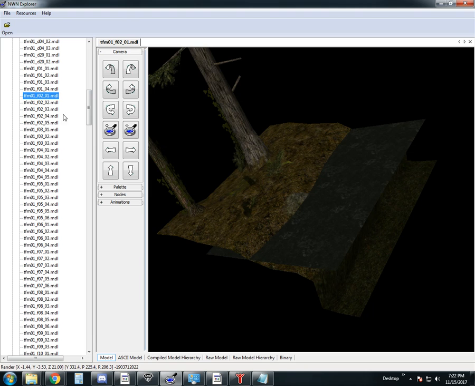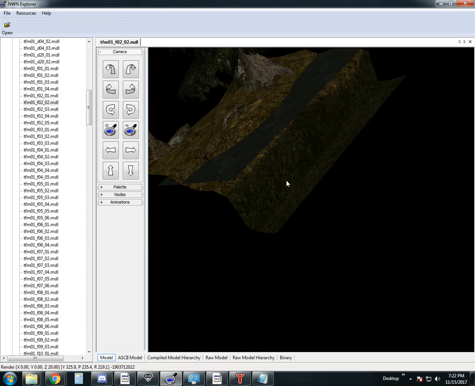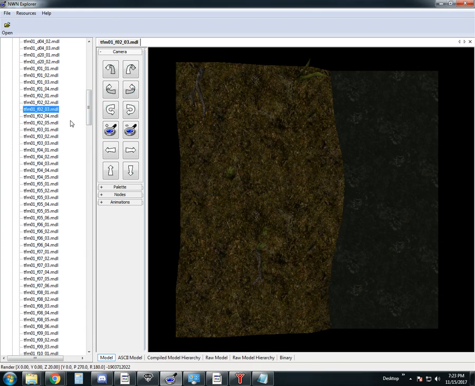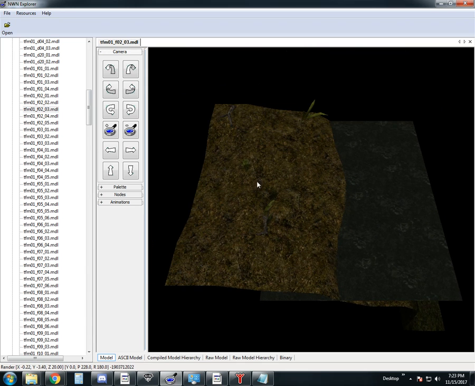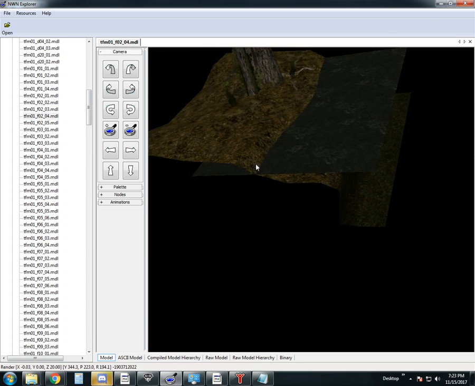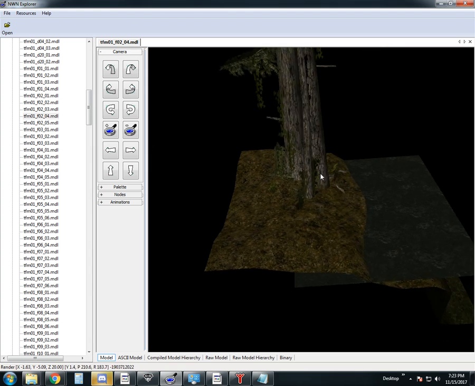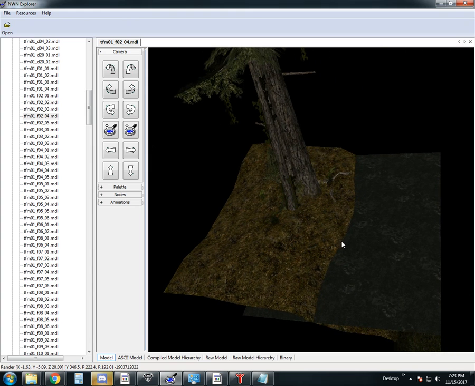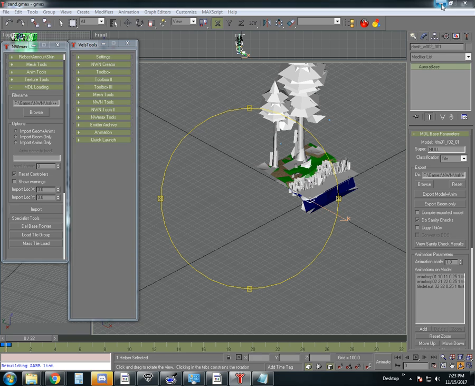So like, see here, you've got a straight, you have another straight, but it has this little swoop out in front of it. You have another straight, but there's no trees. You have another straight, and there's one little tree and 2 medium trees, so 3 trees grouped together. But you start to see the different variations. That's what the last number is for, the different variations of the same tile. So that'd be the naming scheme of what we'll name the tile, and then we go ahead and go to